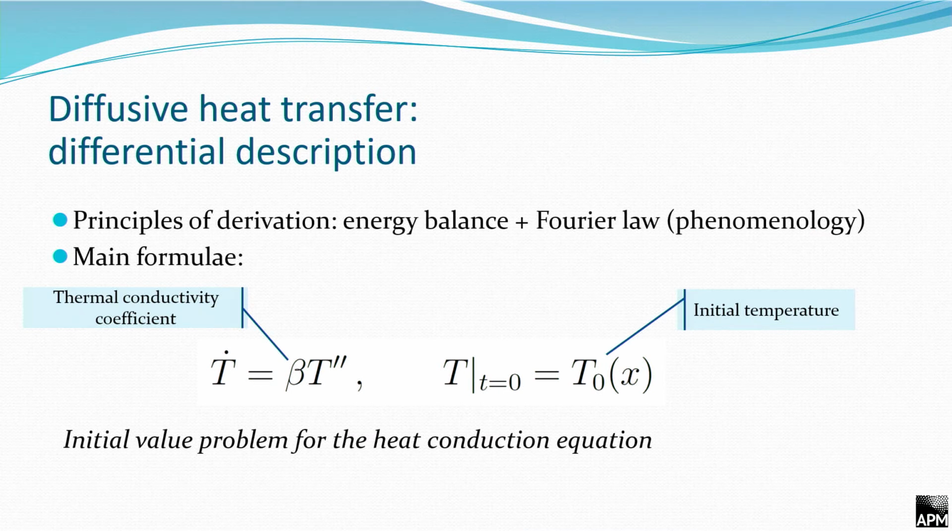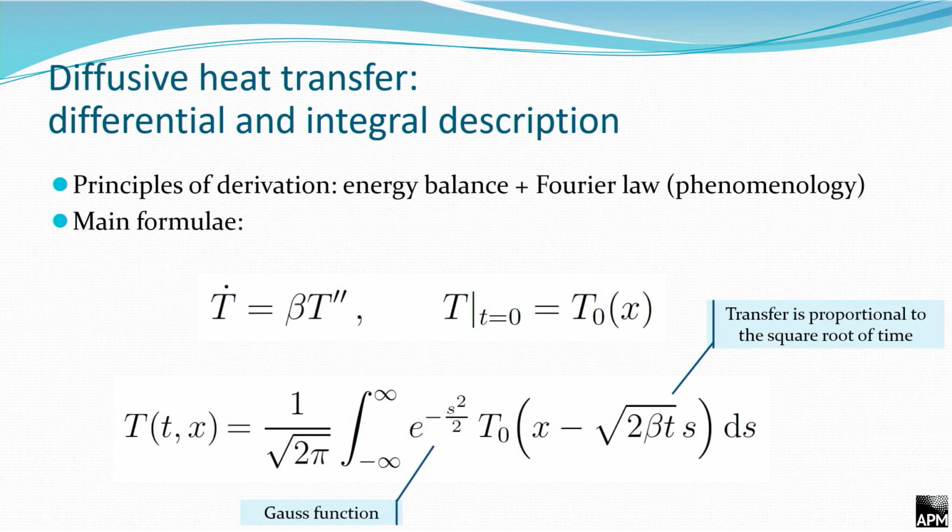So how do we describe these processes mathematically? As I said, diffusive heat transfer can be described by the heat transfer equation, which you can see here, and initial conditions. You have an initial problem, which can be solved as it's shown here, like an integral. And what is important in this integral, you can see the Gauss function, which actually shows the shape of this solution. And this is the transfer function, which actually shows us that the heating zone is growing proportionally to the square root of time. This is an essential feature of